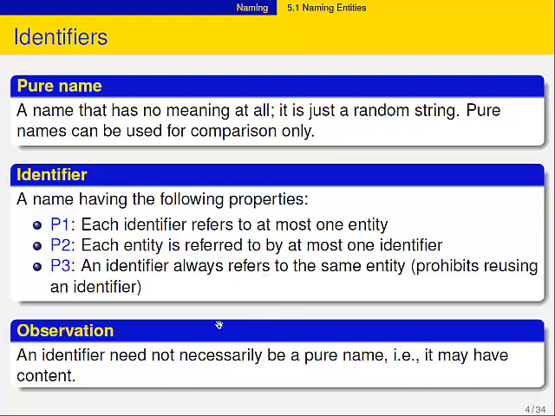Now, an identifier doesn't have to be a pure name, okay? It may have content. That's a kind of strange remark. How would you generate an identifier? It's a random bit string. What would be a really good identifier? Give me an identifier, I would say. If it's random, you can just create a random string. Well, how do I create a random string? If I would ask you, give me a really good identifier, what would you do?